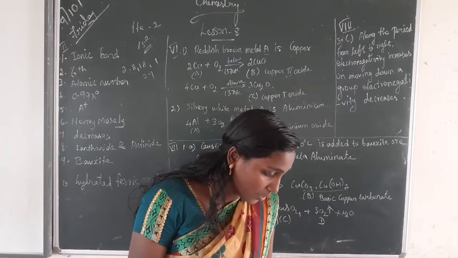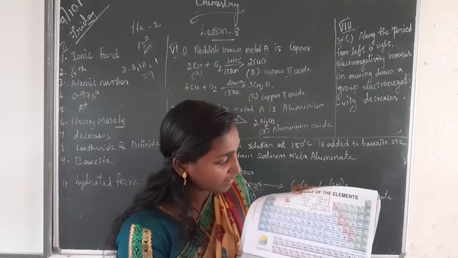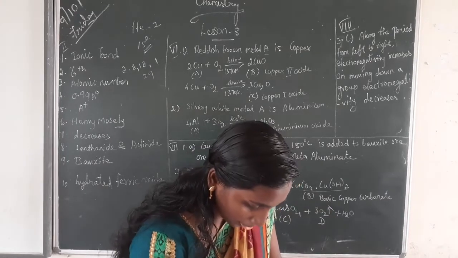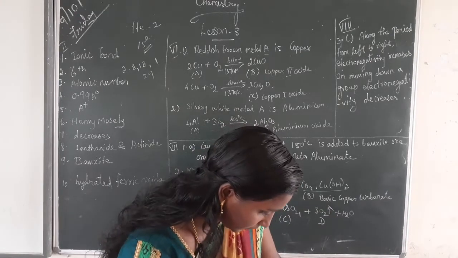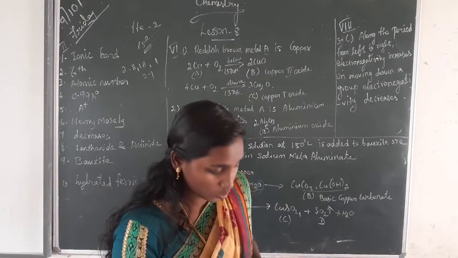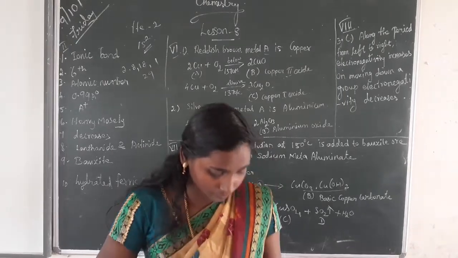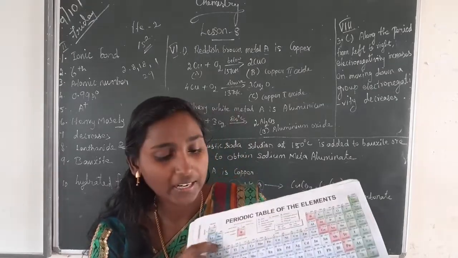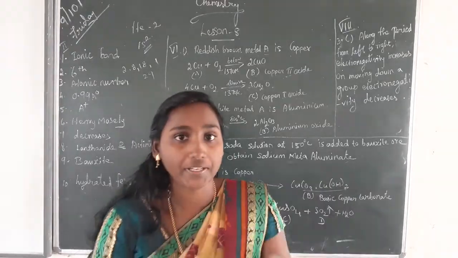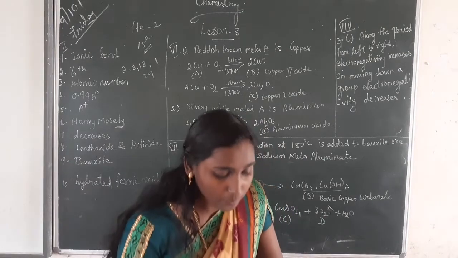Check the periodic table once, all of you. Page number 108. So look here, this is the period, group. Period 3 and group 13. So this is period, right? So period 3, this one. Okay, group 13, that is aluminium. See here, period 3, this third row. Then this 13th group. So aluminium. Okay, so metal A is what? Aluminium.